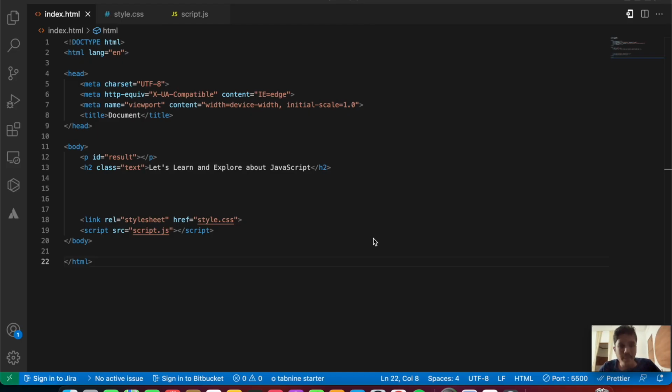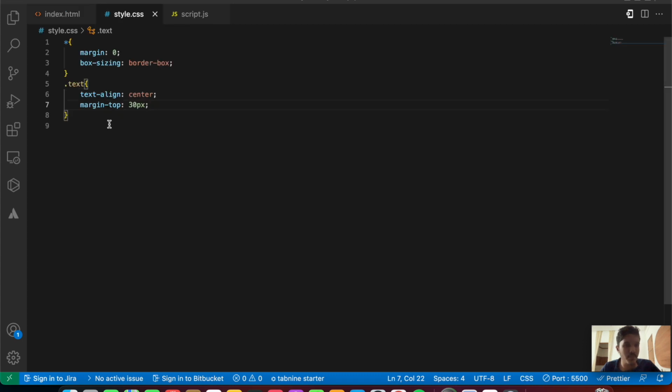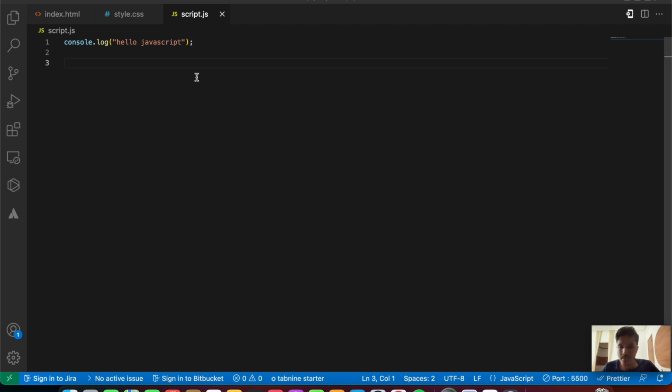So in this video, we'll be exploring how to reverse an array inside of JavaScript. Inside my VS Code, I've opened up my index.html file, my style.css file, as well as my script.js file. Inside my index file, there is some basic boilerplate code, as you can see over here. Inside my style.css file, there is some basic styling that is given. And inside my script file, there is a basic console.log message. So now let's start exploring how to reverse an